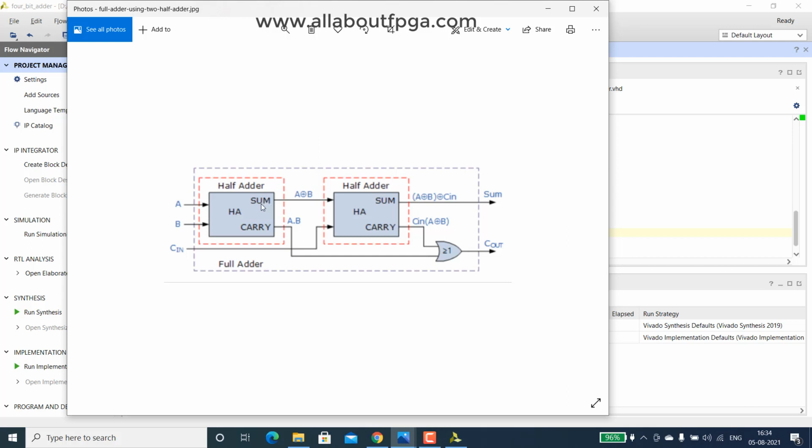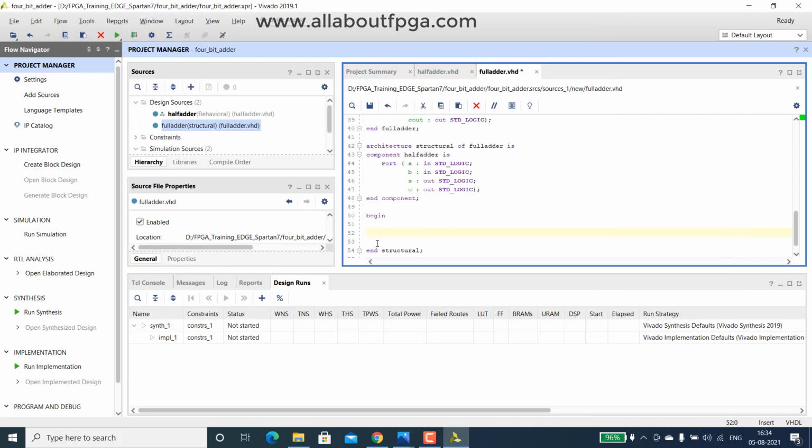So any signal that is not available at an input or output can be called an intermediate signal. We have to assign something like signal, it is a temporary line, like an intermediate wire. We can call it S1 with standard logic data type.